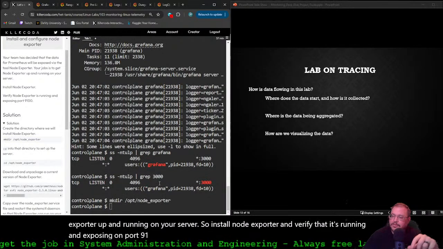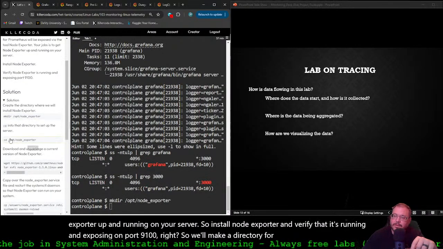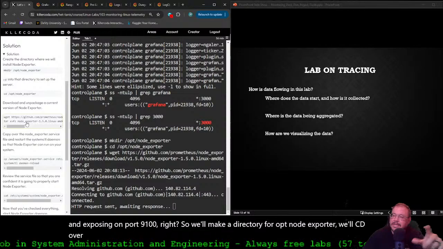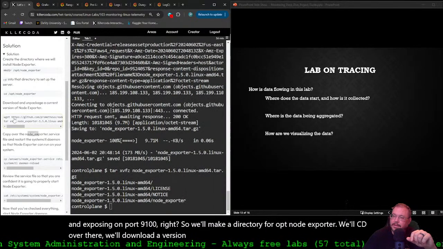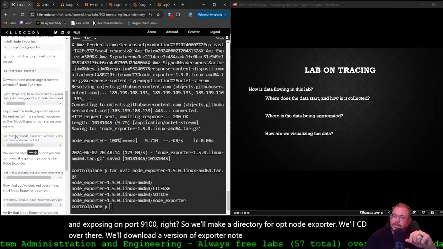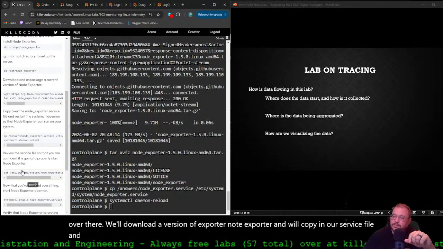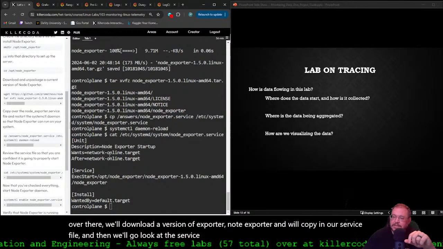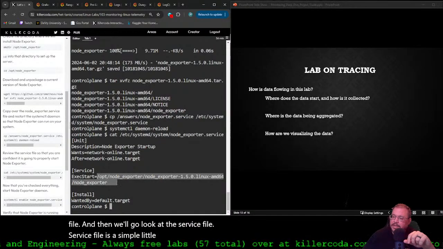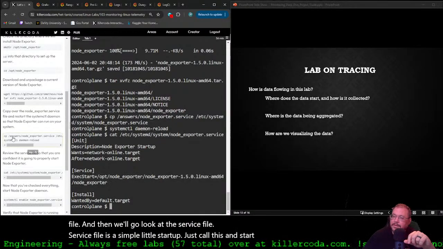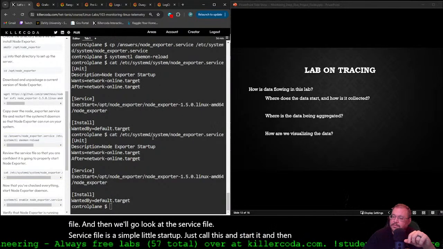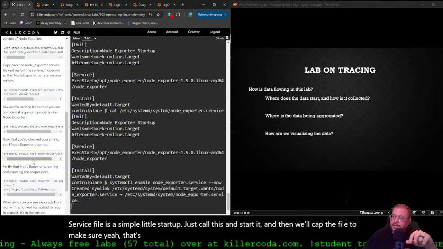We'll make a directory for opt Node Exporter, cd over there, download a version of Node Exporter, and copy in our service file. Then we'll look at the service file. It's a simple little startup: just call this and start it. Then we'll cat the file to make sure that's good, enable it and turn it on.